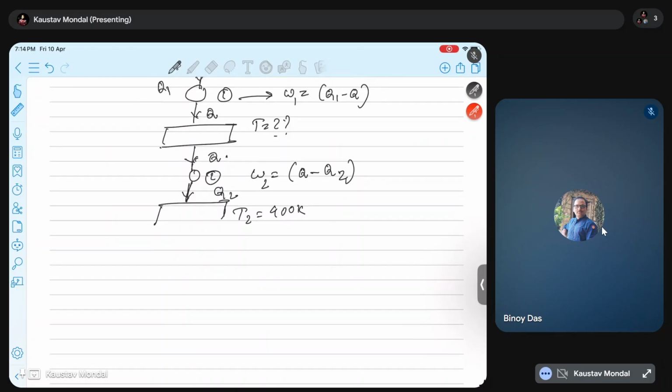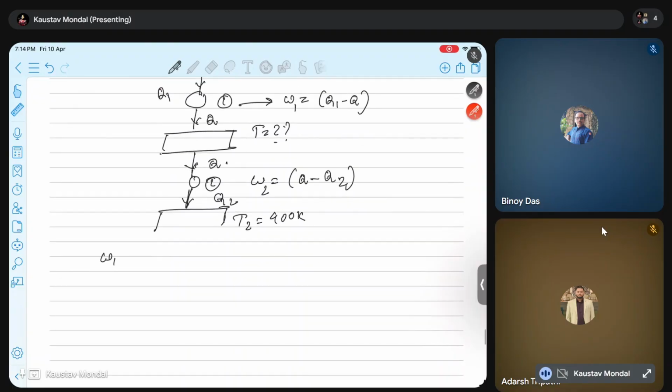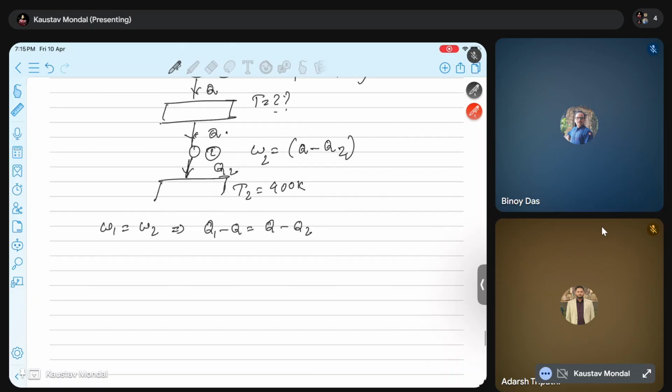The work done is equal, so W1 equals W2. So Q1 minus Q equals Q minus Q2. If we simplify it, it becomes Q1 plus Q2 by Q